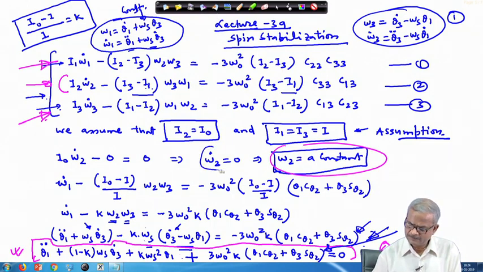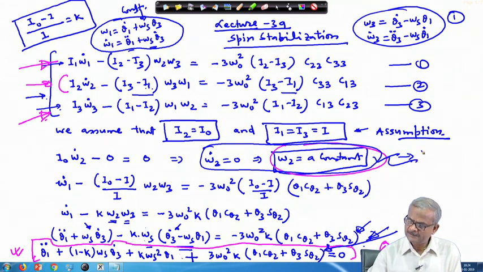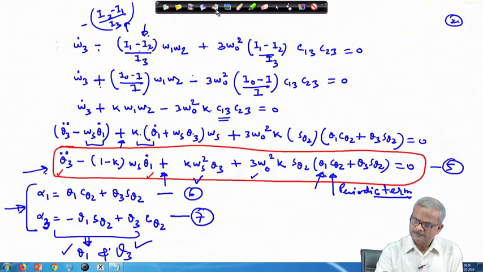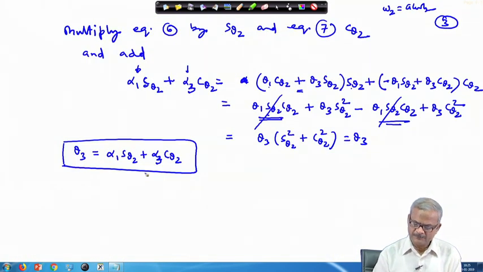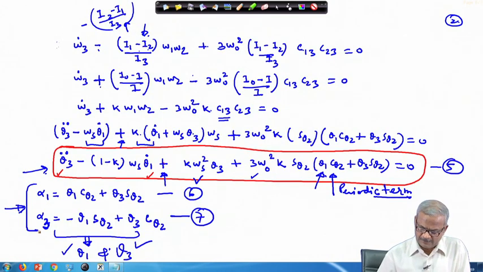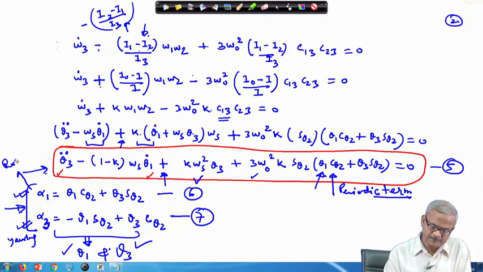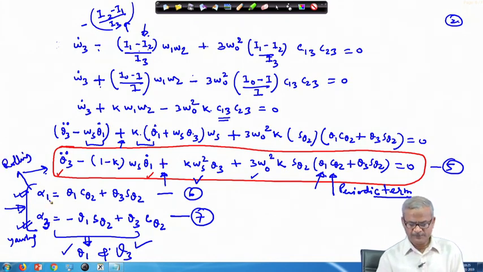Okay. Going back here, in this place, this term is a constant. So, this does not change. So, we will directly associate the angle theta 2 with alpha 2. Okay. So, alpha 2 will be reserved for that, and alpha 3 we will keep for this, which is associated with the rolling motion, and this is associated with the yawing motion. This is associated with rolling, and therefore, it is appropriate to keep the terms alpha 1, alpha 3 here in this place.